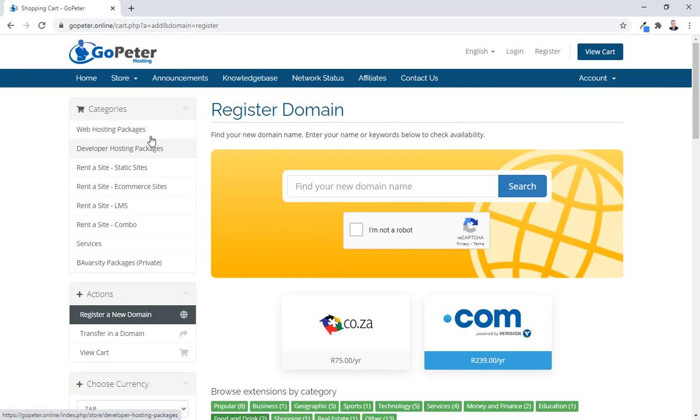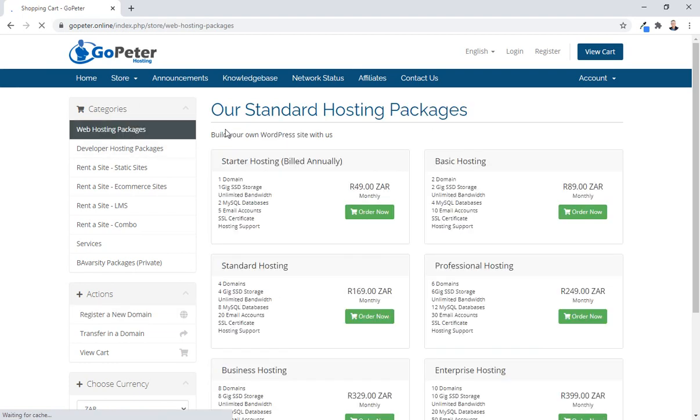Right, from there, let's quickly take a look at hosting packages. We're going to look at two packages, our standard hosting packages and the developer hosting packages. Standard hosting packages are pretty much the same as most other companies. They are basically built around the size of the storage space that you're going to need, 1 gig, 2 gig,